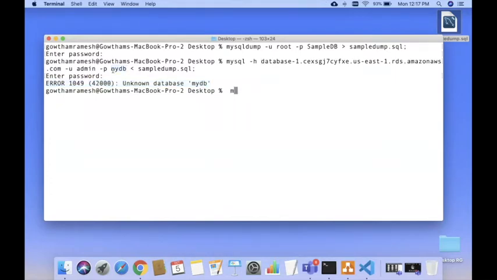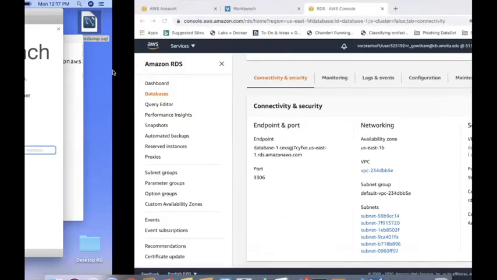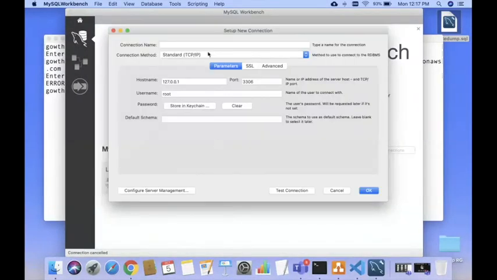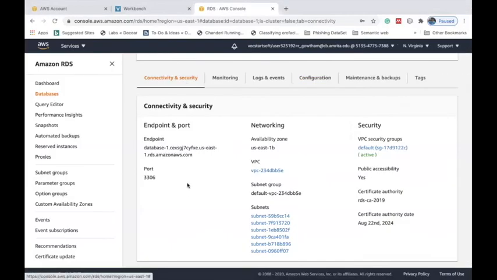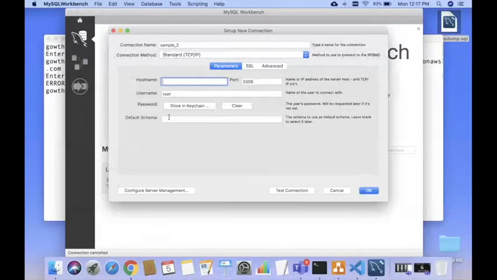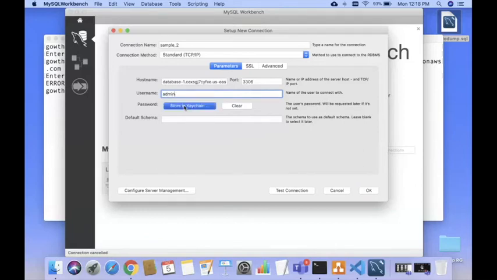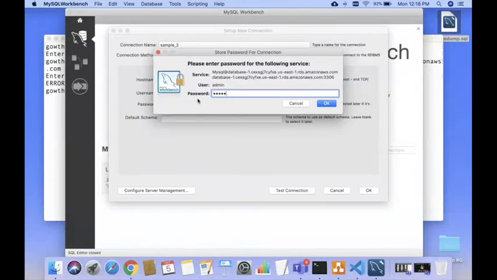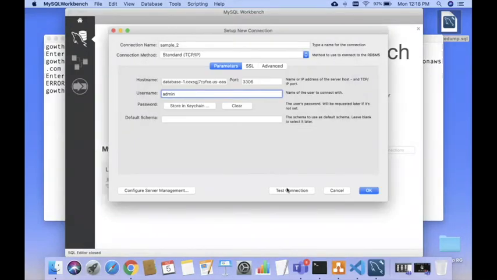So what we can do is log into MySQL Workbench, and using the endpoint, I'll say sample2, and host name, give the host name of the endpoint name, the password, and test the connection.